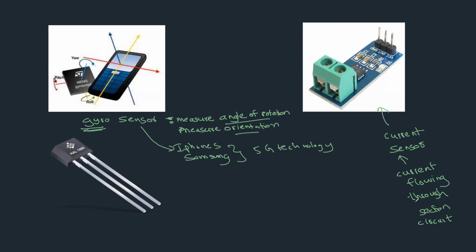through a certain IC, and from there the output values are shown from the output pins. So the current sensor is another popular sensor that is used by students in their projects. And then, as I said, the gyro sensor that I mentioned earlier is also a sensor that is used by students for projects. And I have seen the gyro sensor used for robots, robot arm systems, and like